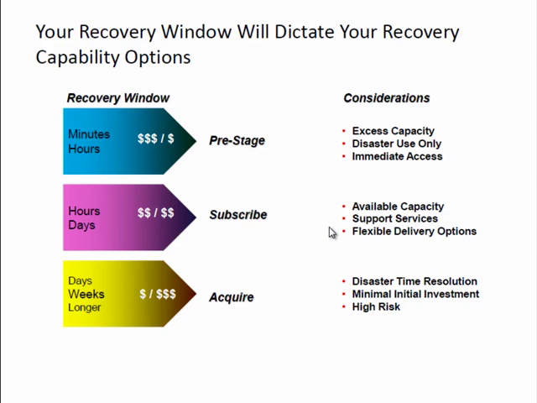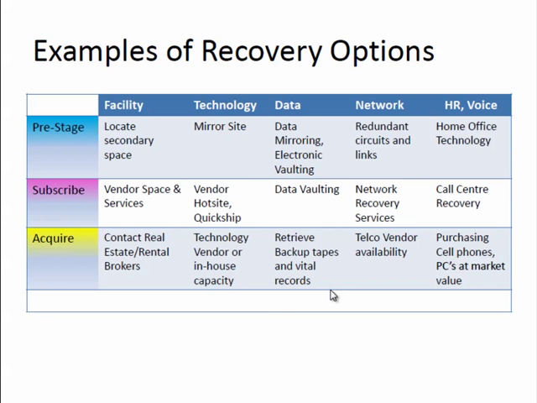The last category, acquire, carries the highest risk, but has the lowest initial investment. This strategy would be good for easy-to-get commodity-type items like photocopiers, fax machines, etc., and you don't need them for days, weeks, or longer. Another consideration for the acquire category is the fact that it takes much time to organize what you need to acquire at a time when it's quite likely you will be very busy dealing with the problem at hand. The next slide, Examples of Recovery Options, shows some examples of the categories from the previous page,